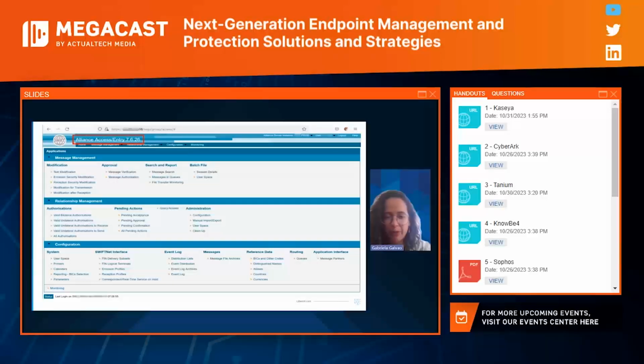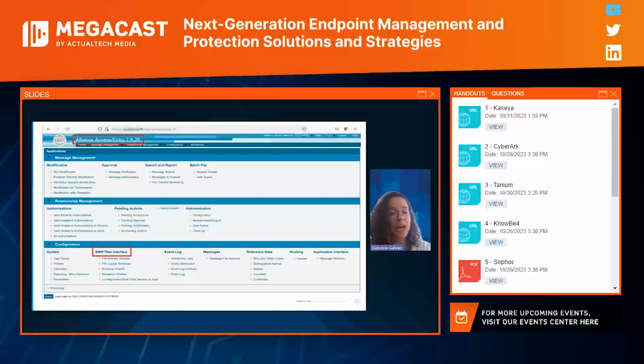As you see on your top left is Alliance Access, which is a messaging interface that allows banks and market infrastructures to connect to SWIFT controls. And SWIFT controls, if you've done any international transaction, are basically the back doors for the financial transactions and payments between banks worldwide. And what you see on your screen right now is a real screenshot of a real customer, meaning that if the red team was a malicious hacker, they could be sending money from this financial institution to anywhere in the world just with a few clicks.